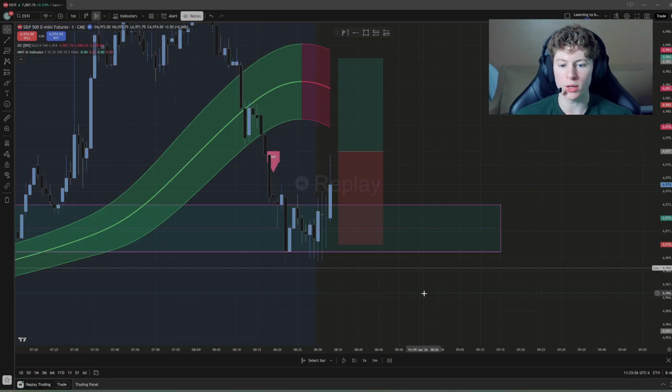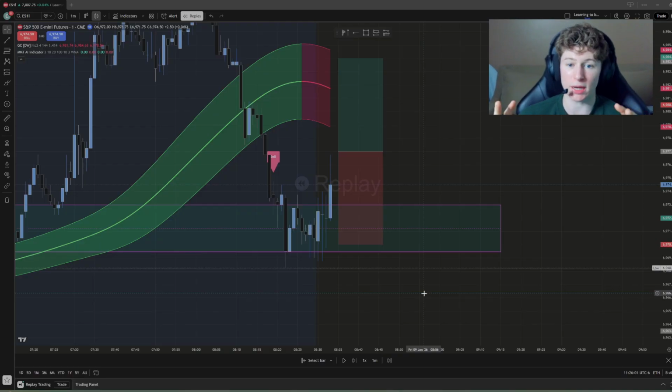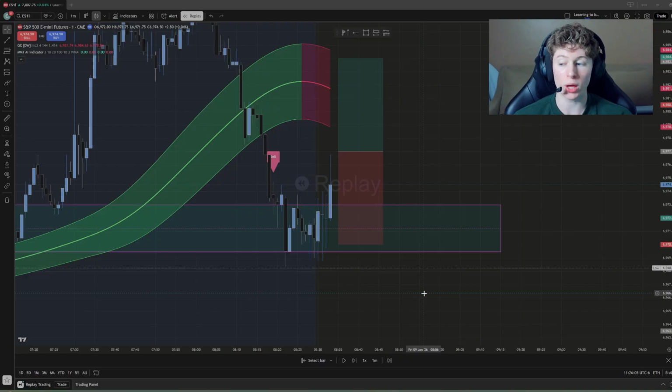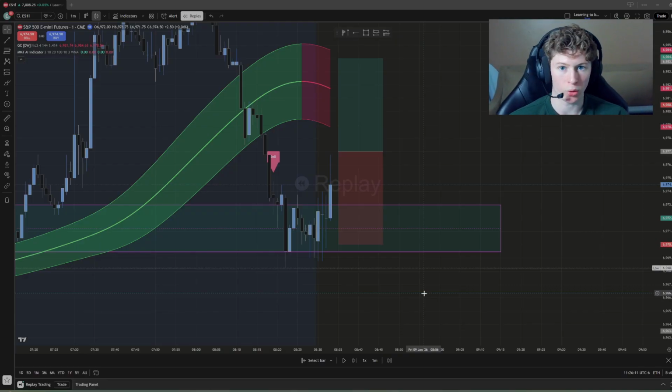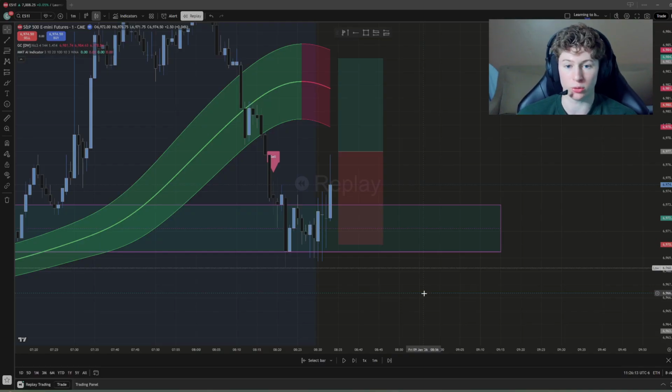Now, what we're going to be waiting for, and this is why the midpoint is important, is a retest of the midpoint. Unlike the breakout, the retest does not have to be a close. It can be a wick. If we wick the midpoint, that is valid. Keep that in mind, because you could lose out on trades if you're waiting for a close and it never happens. The wick could be a validation that you never realize.